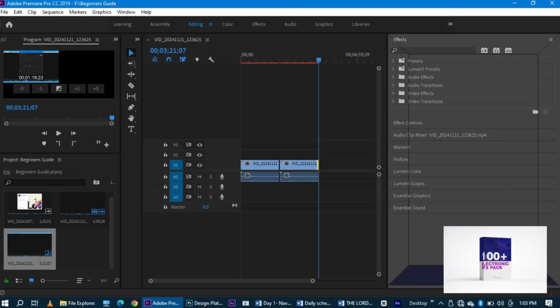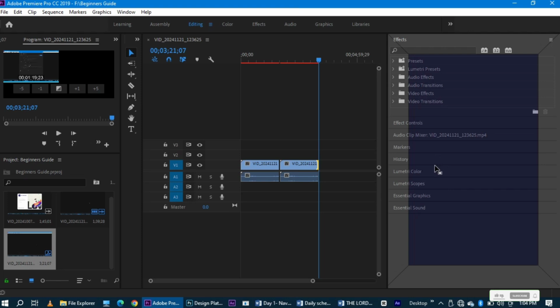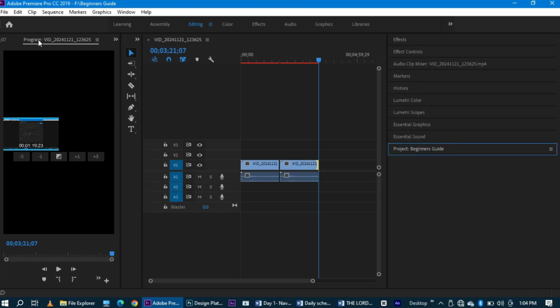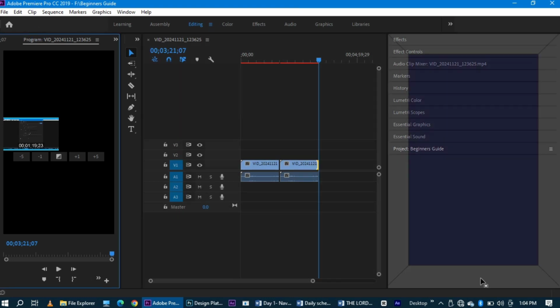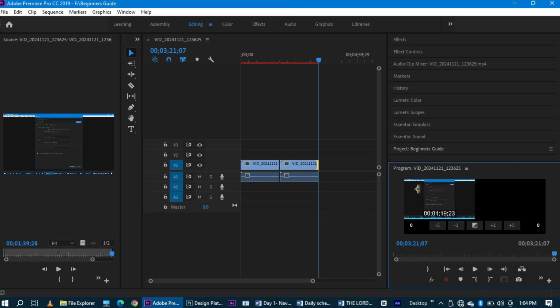If I move it down, it will create a new space down. And if I move this to the center, it is going to be added among these other panels here. If I put this in the center for you to understand, you're going to see that it is added among other panels. And if I drag this program monitor to the bottom here, you're going to see that it is added as a new, separate